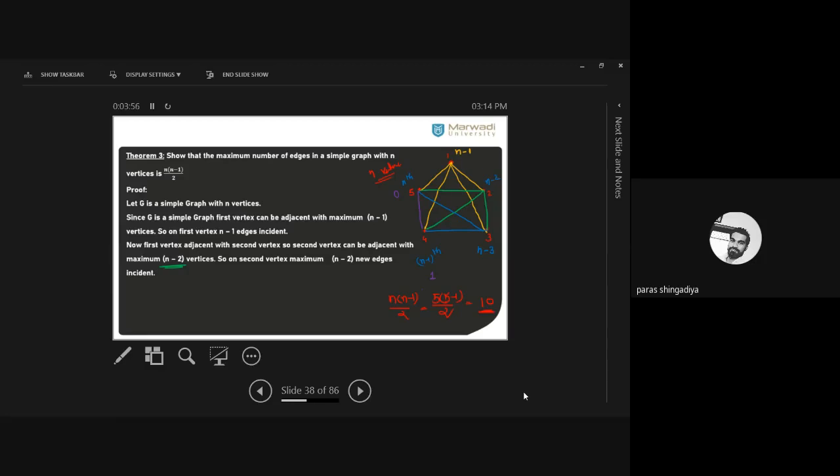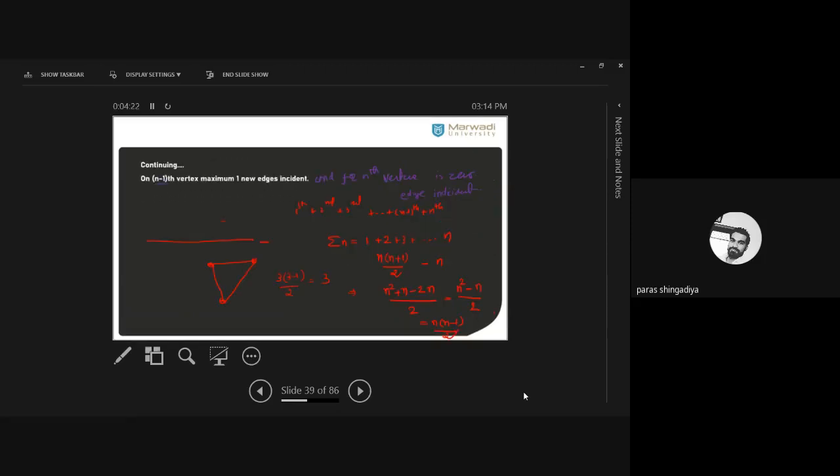So what does it mean? For n vertices, the last second vertex is the n minus 1 vertex. How many possibilities for the n minus 1 vertex? That is 1 possibility. And how many possibilities for the fifth vertex? There is 0 possibility, meaning for the nth vertex there is 0 possibility. Now we have to total this. We explained up to the n minus 1 vertex, and for the nth vertex there is 0 possibility.